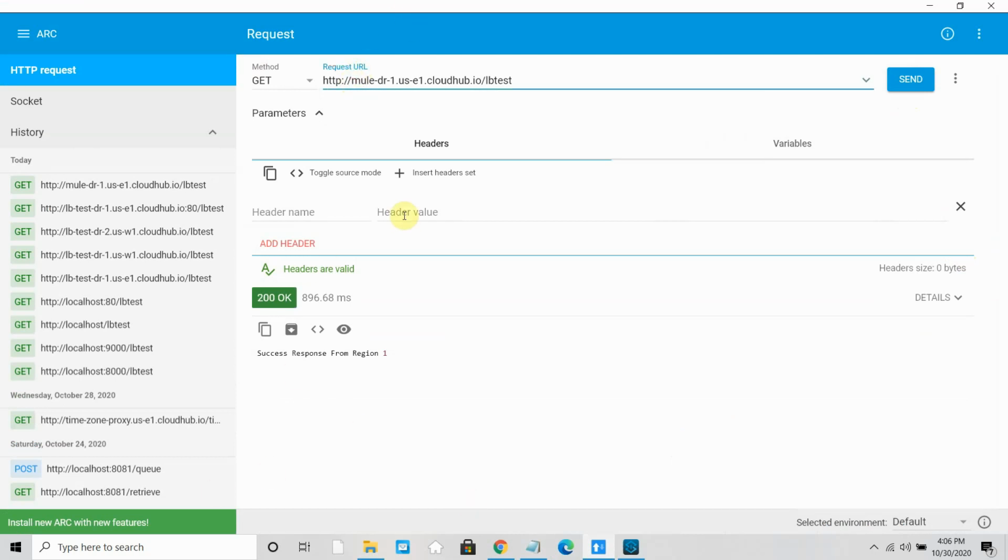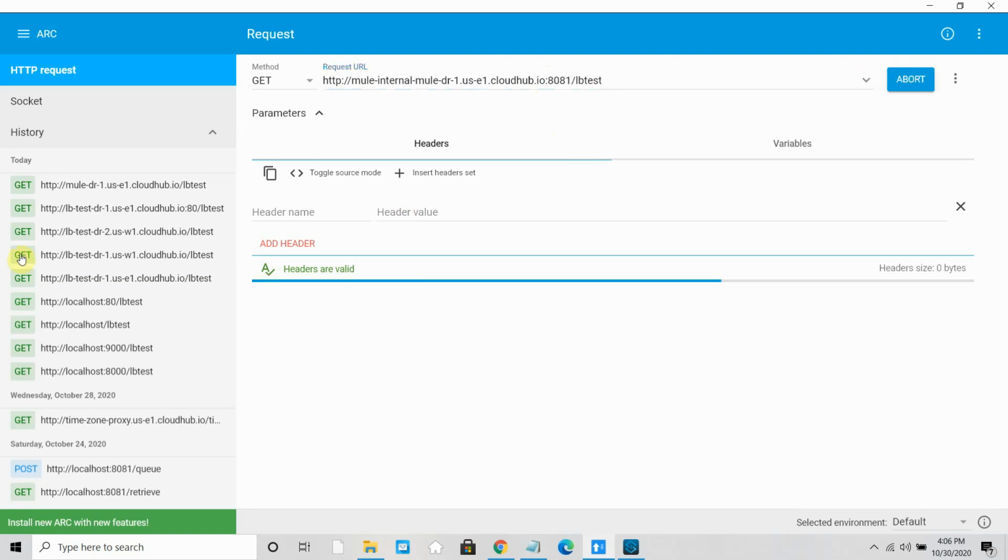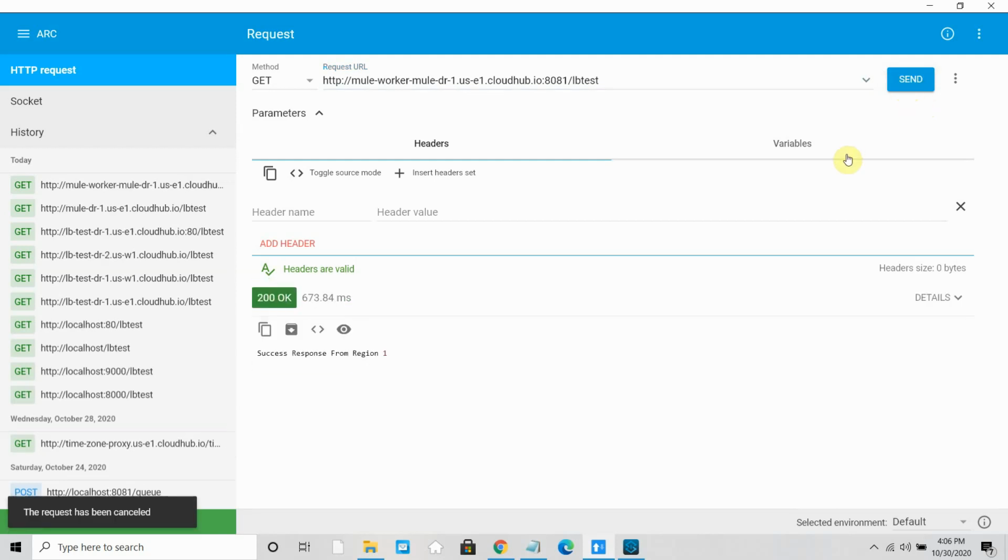So there's another way you can access this application. So mule worker hyphen, this is also one of the DNS, and here you have to append a port number, 8081. Send request. It's wrong, sorry, it's mule worker, not internal. Okay, abort and send again. You got the response. So there are two ways: either you can use this URL, or you can remove this worker